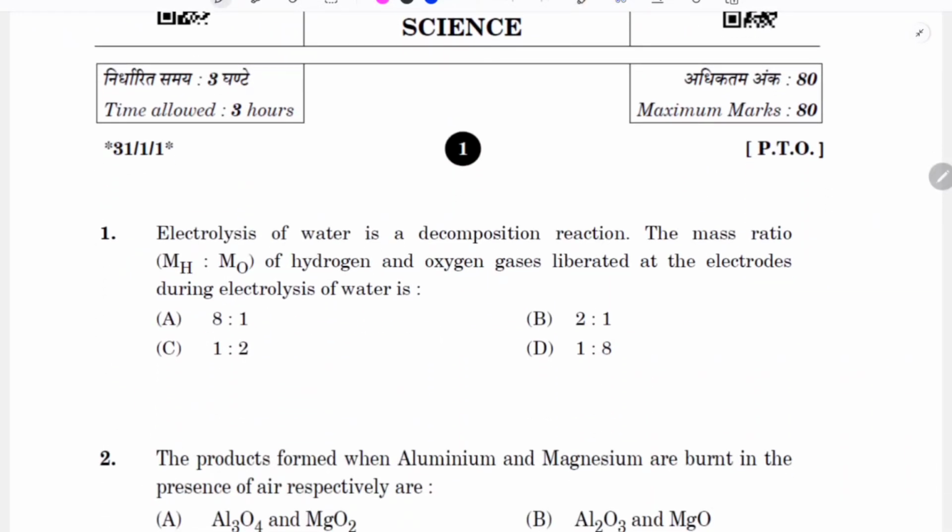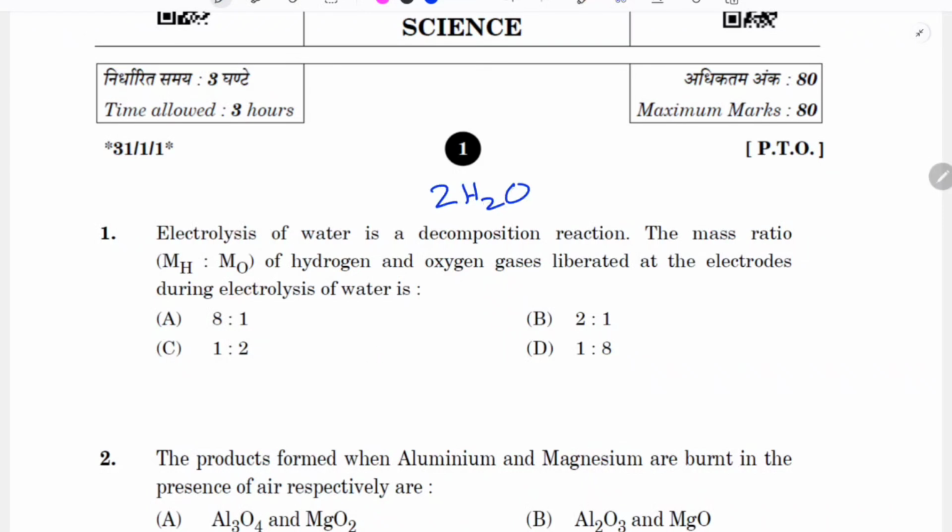The first question. Electrolysis of water is a decomposition reaction. The mass ratio, that is mass of hydrogen to mass of oxygen, of the hydrogen and oxygen gases liberated at the electrodes during electrolysis of water is, we have to identify this ratio. So here we should know the electrolysis of water reaction. So what is the reaction? The reaction used is